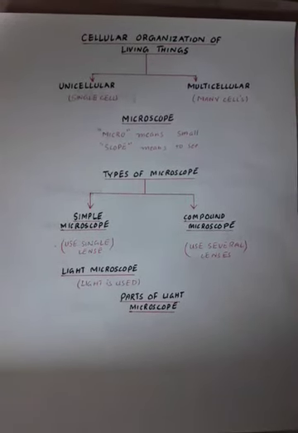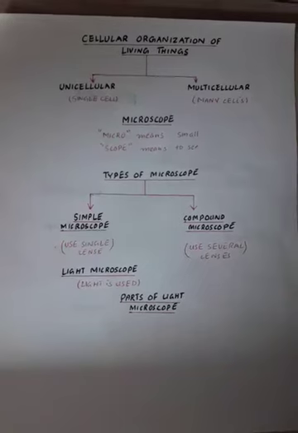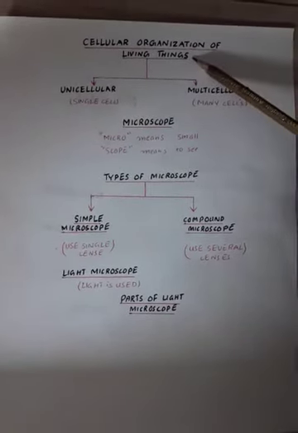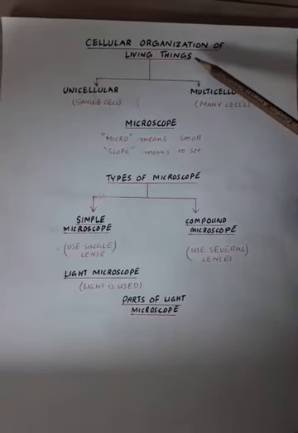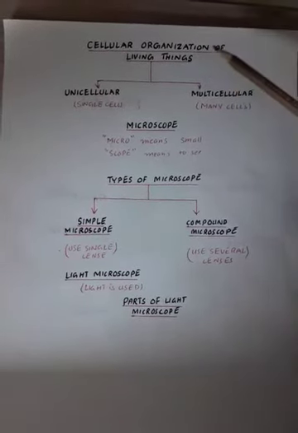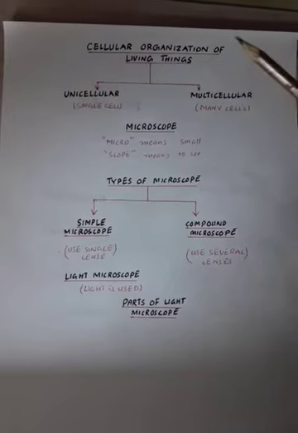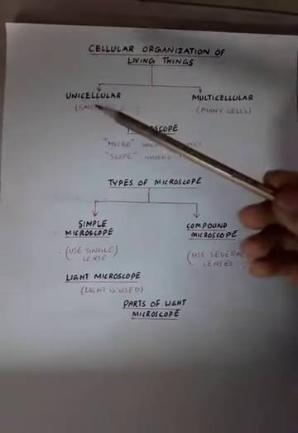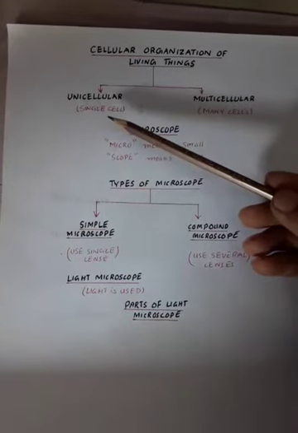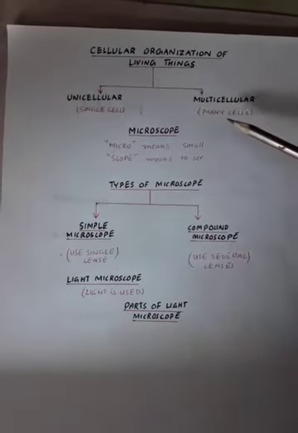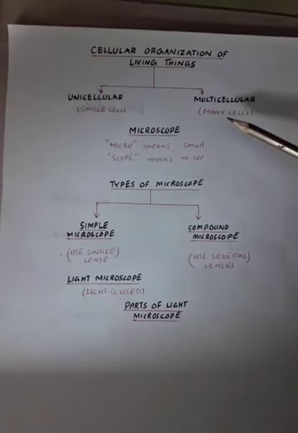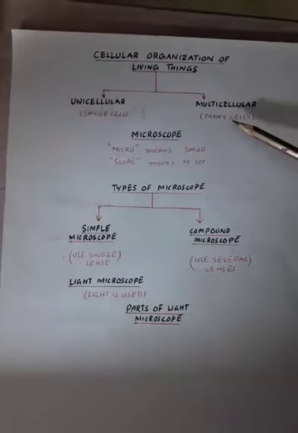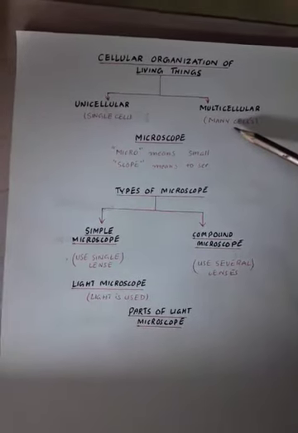As we know, in the previous grade you have learnt about the cellular organization of living things. We also know that living things may consist of one or many cells. The organism composed of a single cell is called a unicellular organism, while an organism which is composed of more than one cell is called a multicellular organism. We also know that